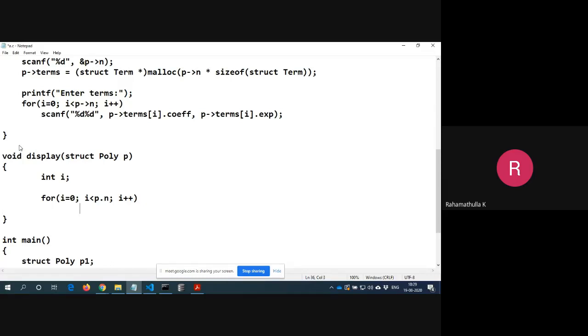Then you write here printf percentage d x percentage d, p dot terms i dot coefficient comma p dot terms i dot exponent.